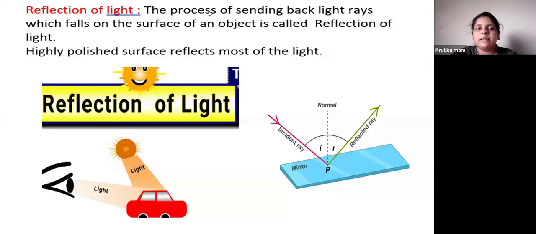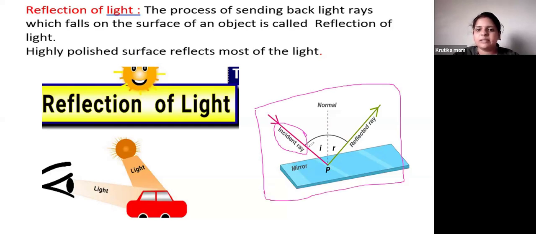The pink line is indicating the incident ray. It is called the incident ray. In the full-line figure, this is the reflection of light. The first light which is incident on the surface is the incident ray. Next you are able to see the green line, that is called the reflected ray.